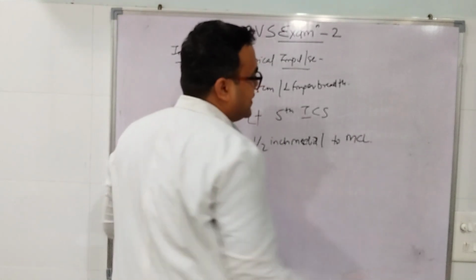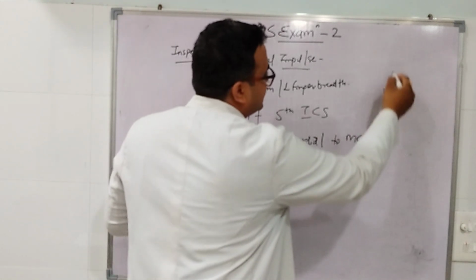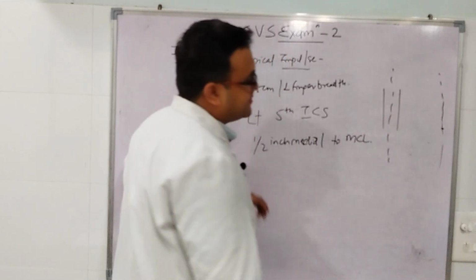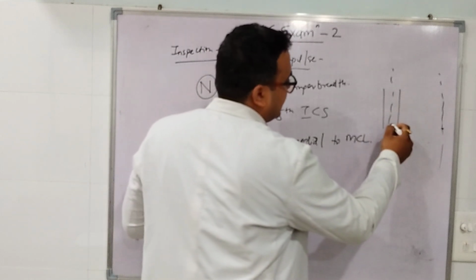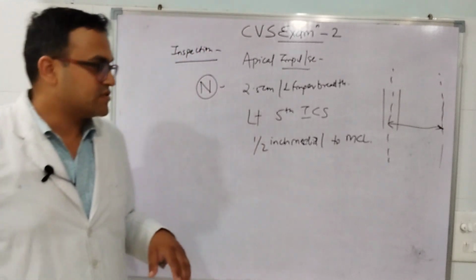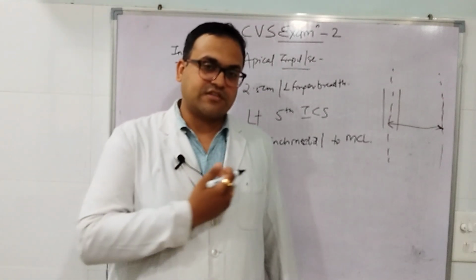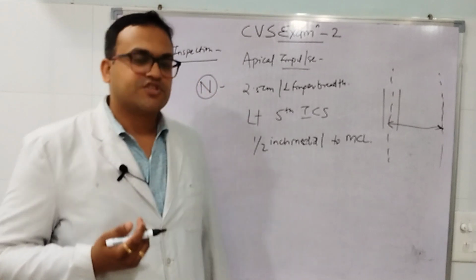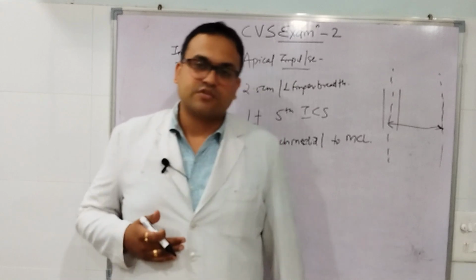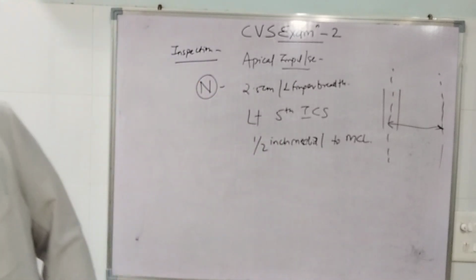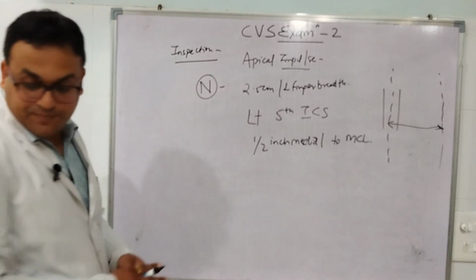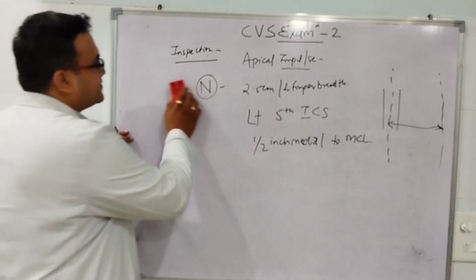Also, if we draw a line between the mid-sternal line and the apex, the normal distance between the mid-sternal line and the apex will be 7 to 9 centimeters. This is not a circumferential line, as that would depend upon the thickness of the chest wall. This is a tangential line from the mid-sternal line directly going to the apex. Next, coming to causes of absent apical impulse.